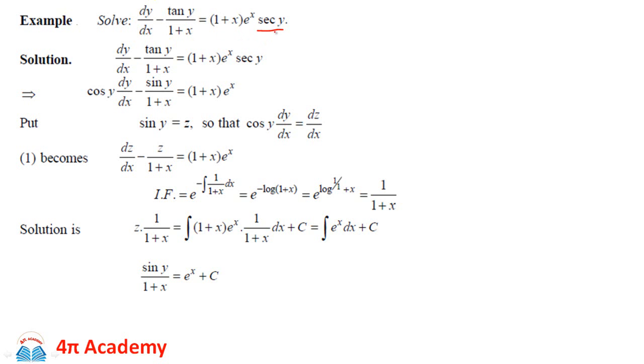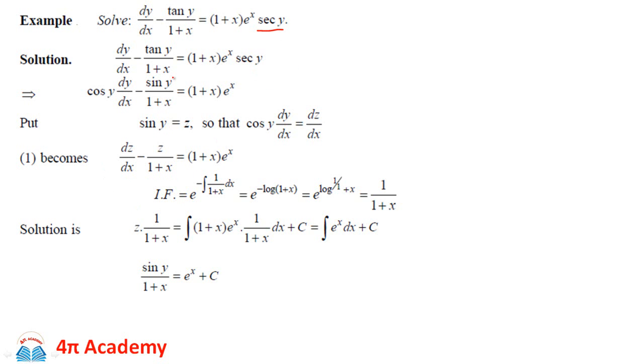So in order to do that, let us divide this whole equation by a factor which is sec of y. So if I divide this equation by sec of y, then 1 upon sec y is nothing but cos y. So that will become cos y into dy by dx minus this tan y can be written as sin y upon cos y. So cos y from the denominator and cos y from the numerator can be cancelled out, and therefore we remain with sin y. So it will be sin y divided by 1 plus x, and that is equal to 1 plus x into e raised to power x, and this divided by sec y, so it gets cancelled out.